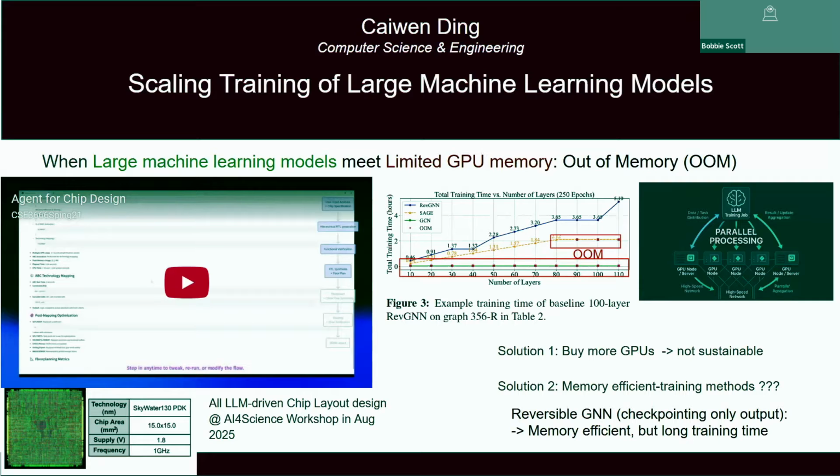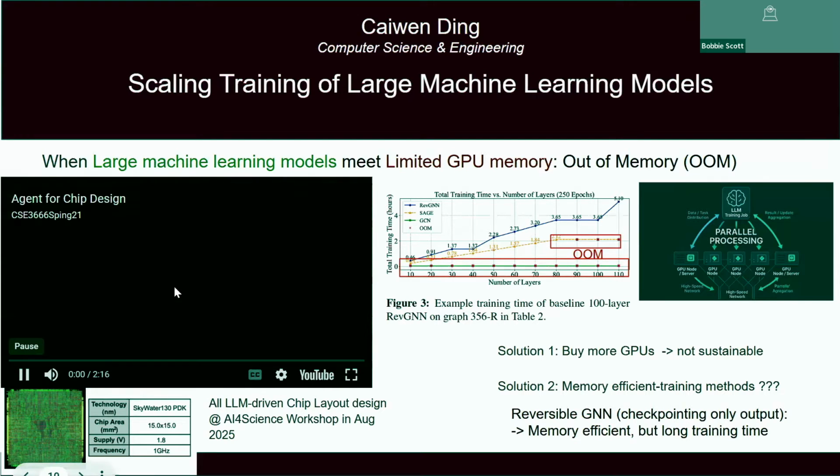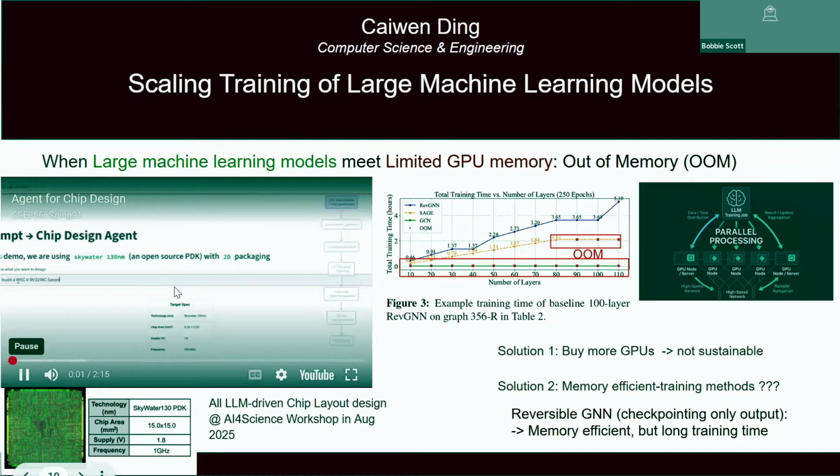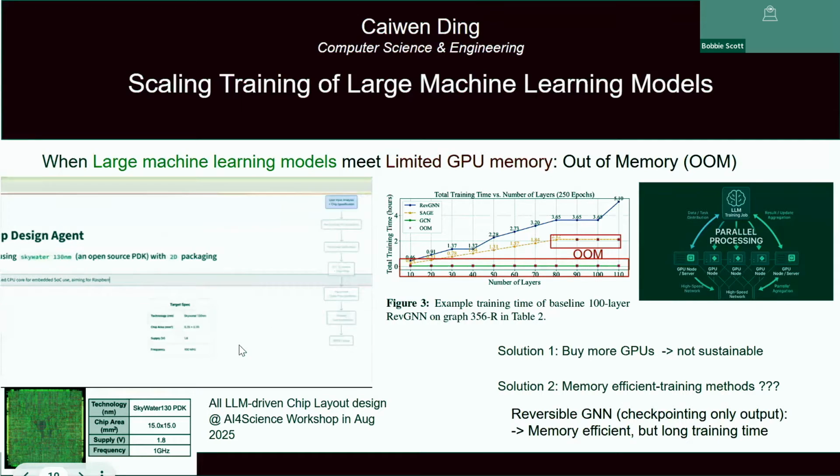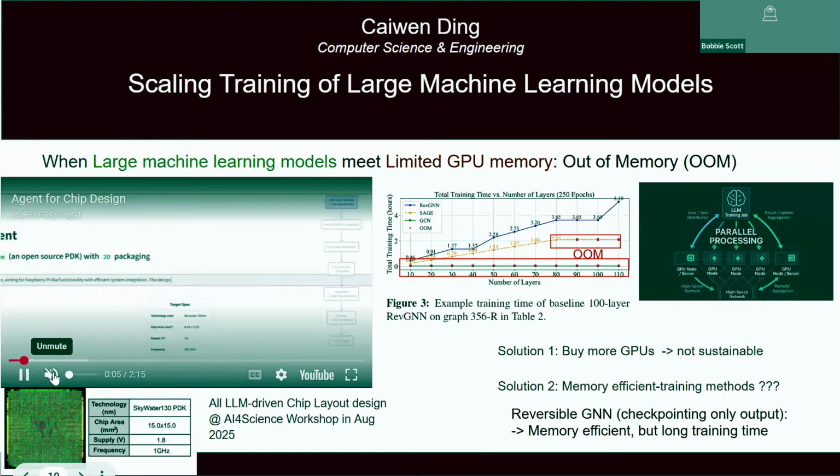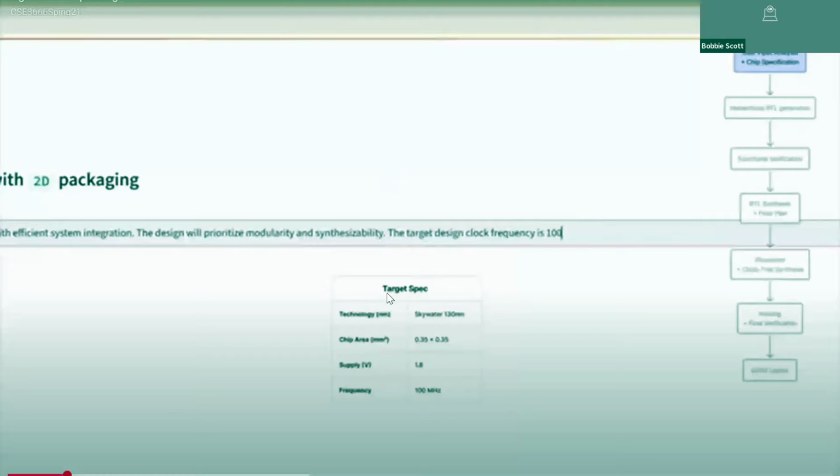So in the August workshop, I talked about chip design or automatic generation using large language models, to give you a high-level idea. So while I'm talking, you can take a look at that. I don't want this music. We don't need that. So basically what we did is